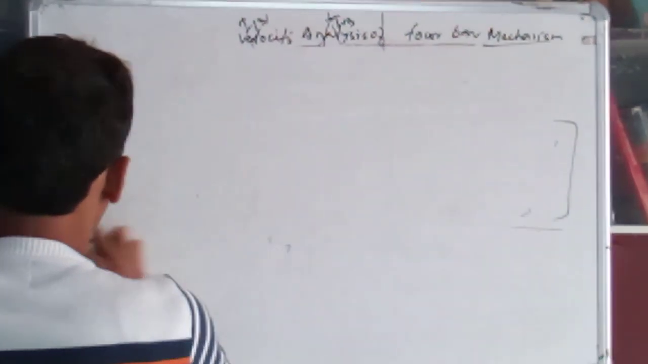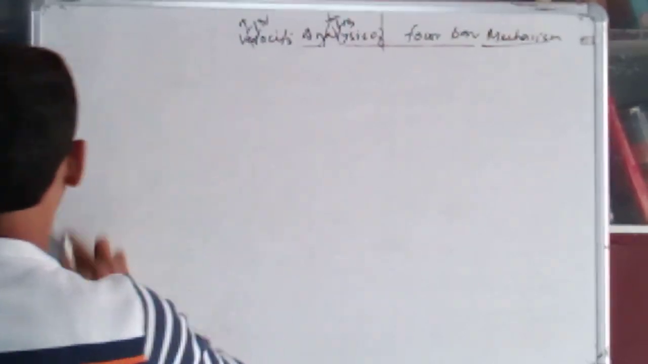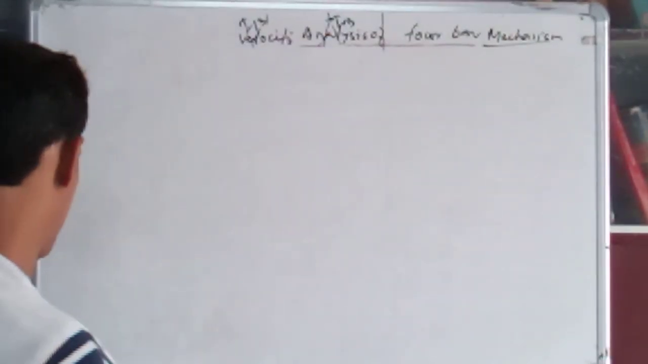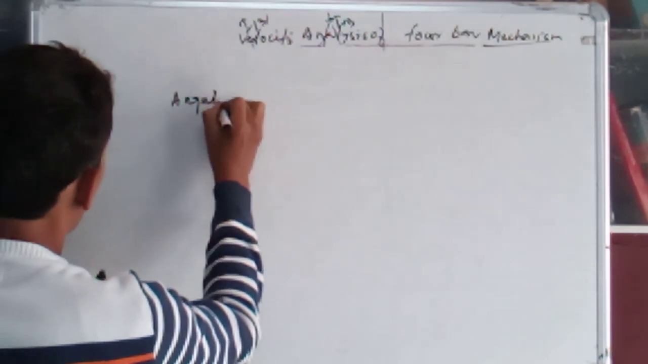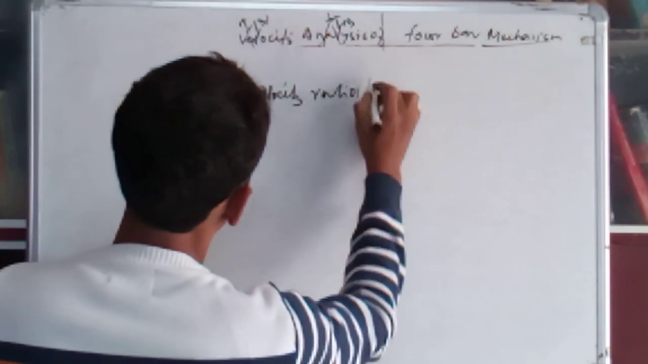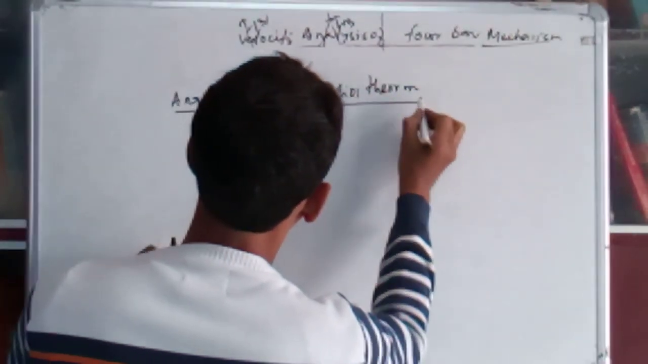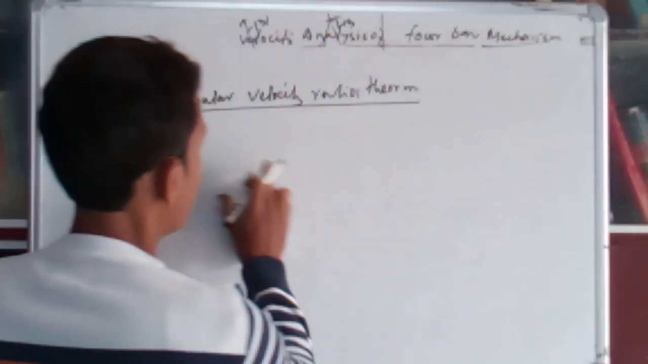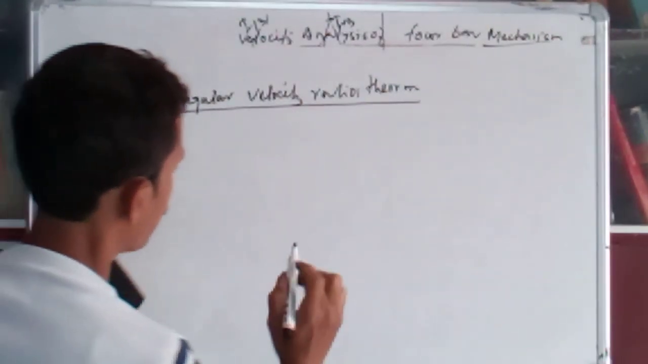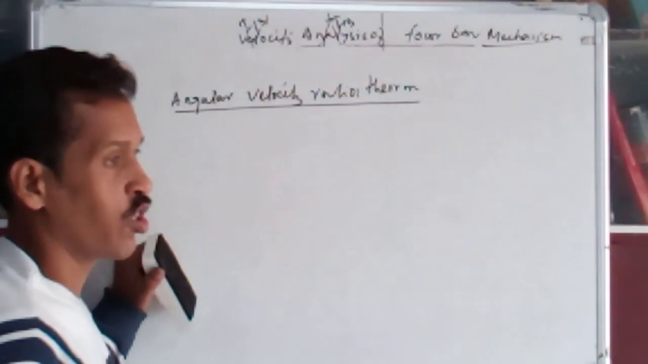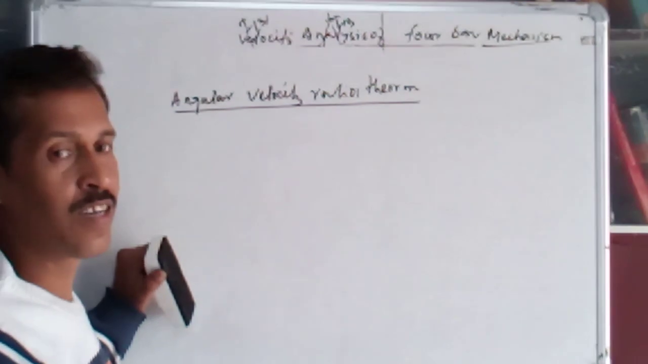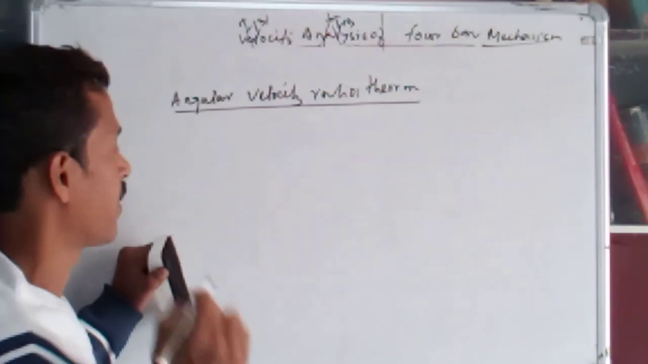Now another method to find out this velocity, that is very important to know, is the angular velocity ratio method, or angular velocity ratio theorem. Now in a 4-bar mechanism, by using this theorem, we can find out the angular velocity of one link if you know the instantaneous center and the absolute or relative velocity of another link. Okay, so you can see